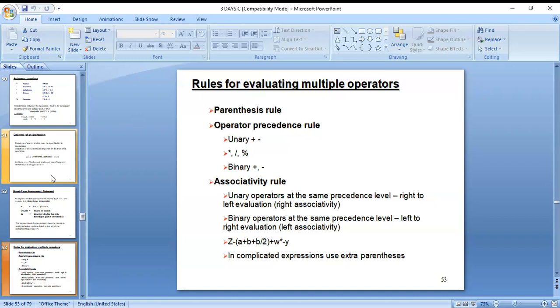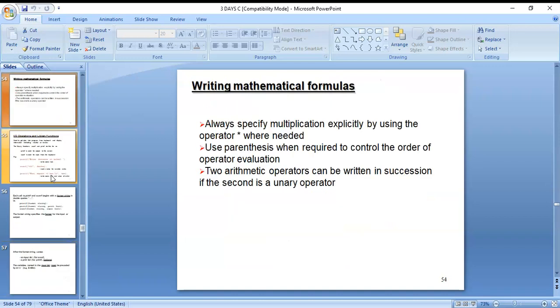Next, you can see writing arithmetic formulas. Always specify multiplication explicitly by using the asterisk operator where needed. Where multiplication is needed, you must mention the asterisk symbol. Use parentheses when required to control the order of operator evaluation.